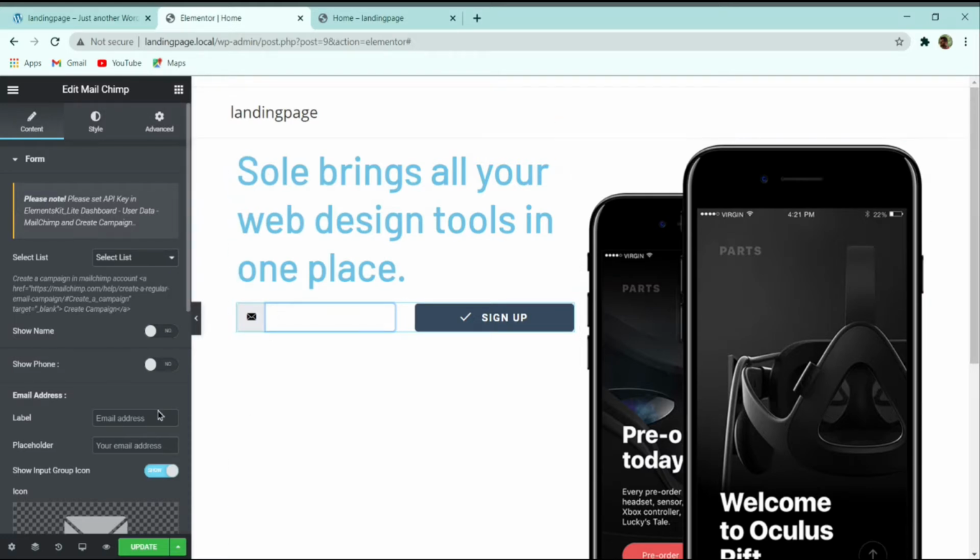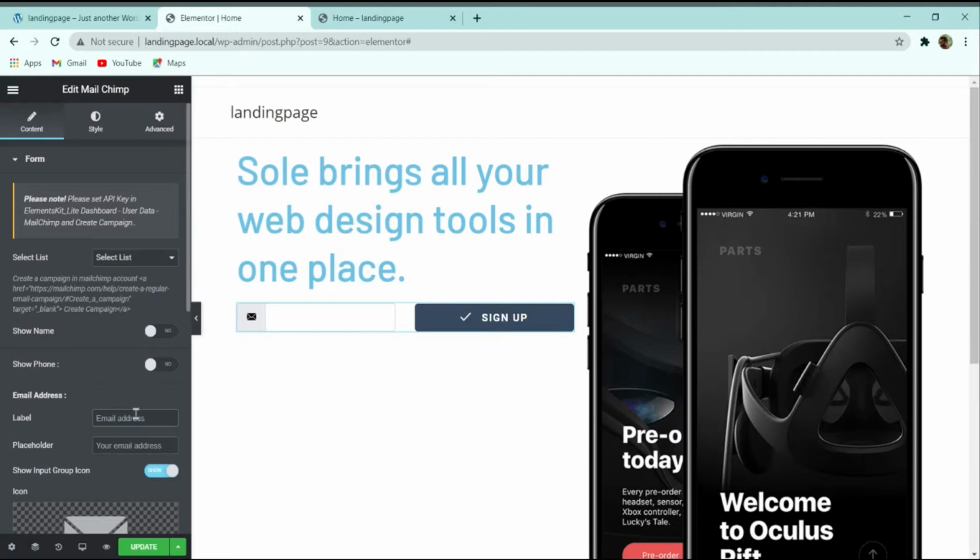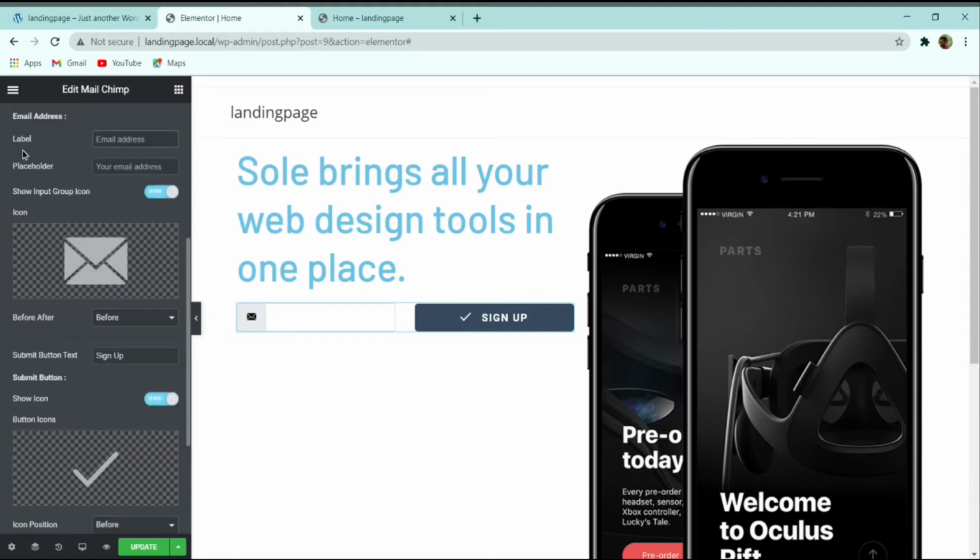Now I am not showing you all those things. Let me show you how we can create this section. Here you can find this enter email address on the placeholder. Now here I will simply type enter. Sorry, I am typing in the label. Here you can find this placeholder.